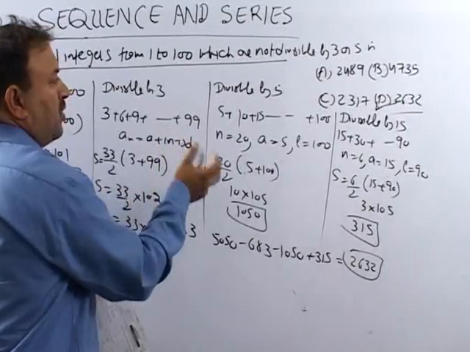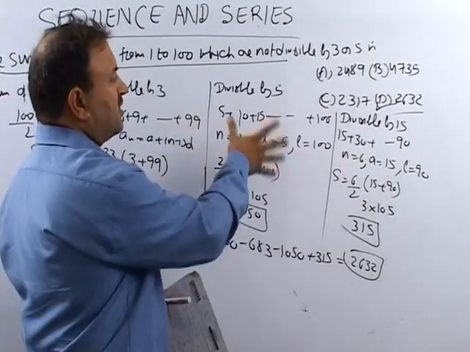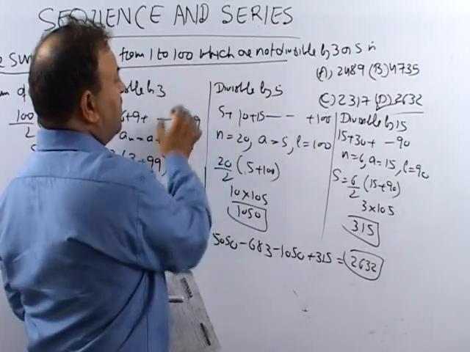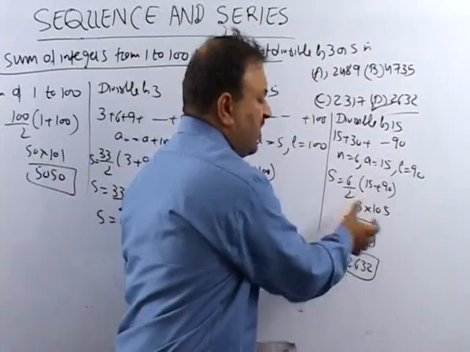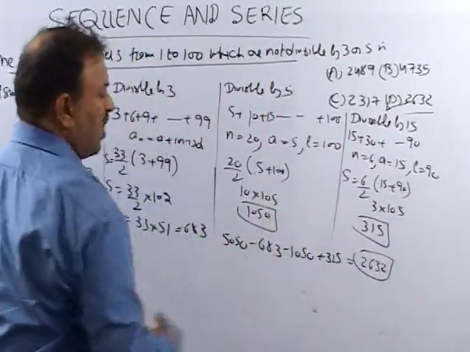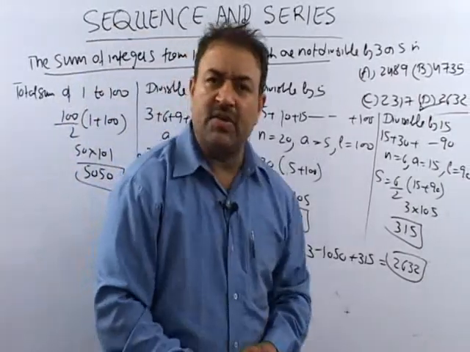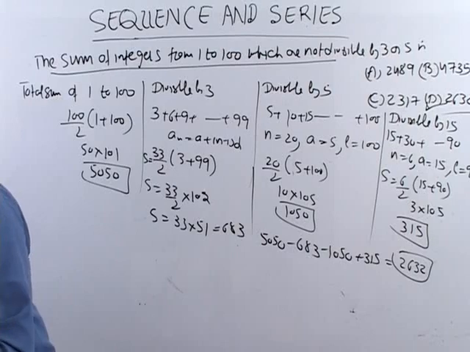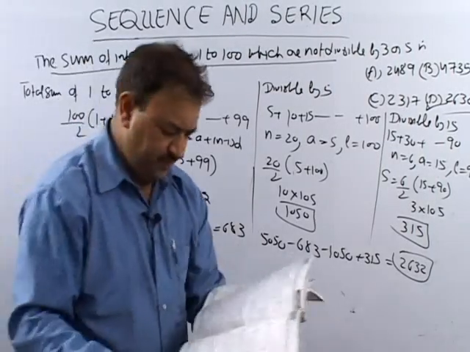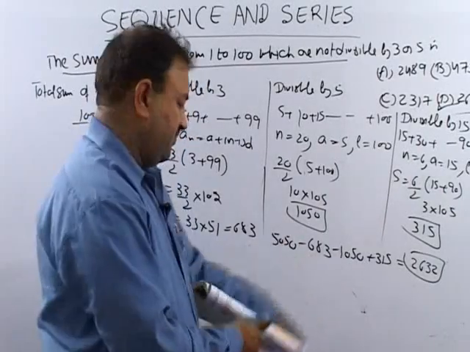So important thing, two questions of one type. उसमें क्या निकालनी थी, नंबर ऑफ टर्म्स. इसमें क्या निकालना था, सम. सो डिविजिबल बाय 3, डिविजिबल बाय 5 का सम अलग से निकाला और डिविजिबल बाय 15 वाला ऐड कर दिया. We got the required sum as 2632. नाउ द नेक्स्ट प्रॉब्लम, it is our booklet, and next question number is question number 40.